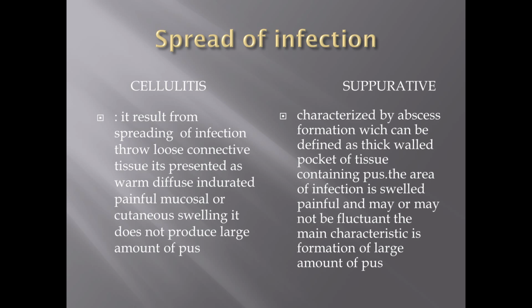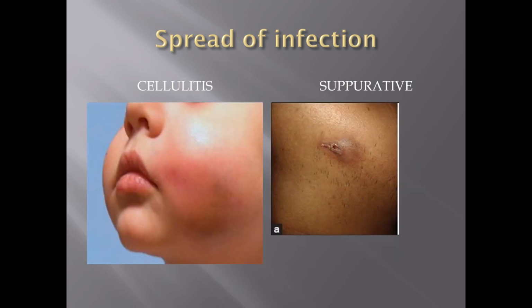Spread of infection is represented as two types, cellulitis and suppurative. The difference between them is that in cellulitis we do not have a large amount of pus, but suppurative is characterized by formation of a large amount of pus. As we see in this picture, this is cellulitis and this is suppurative, in this form the pus formation and pus discharge